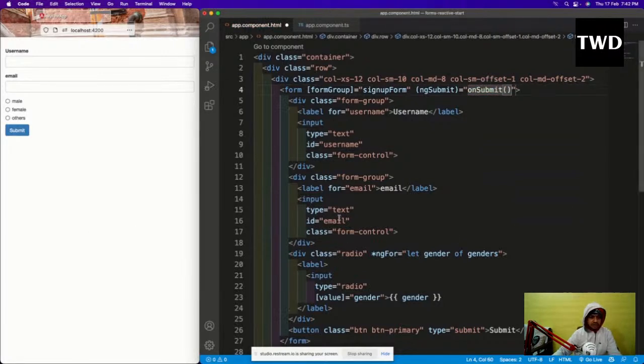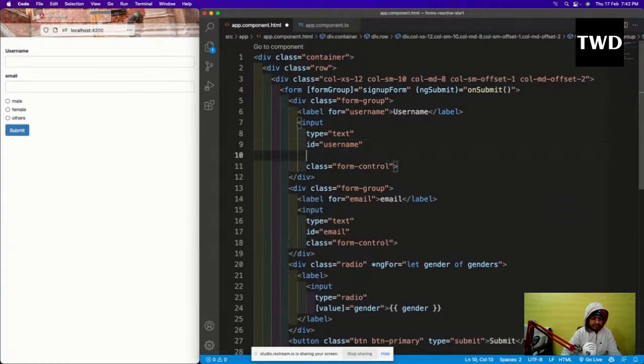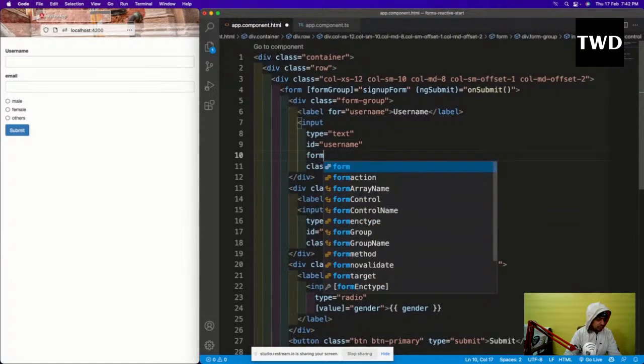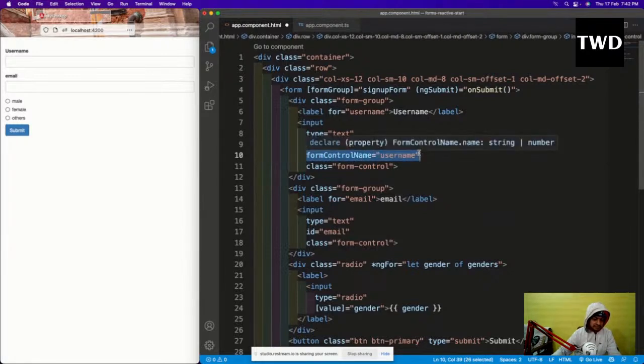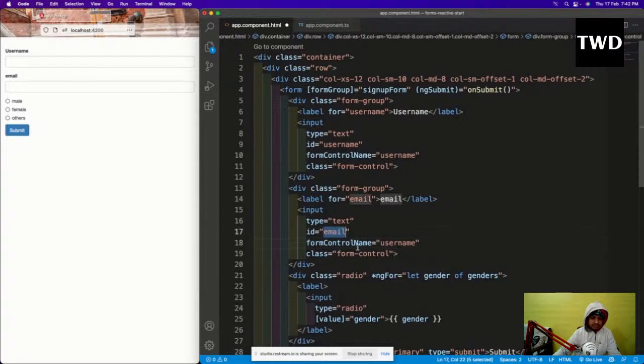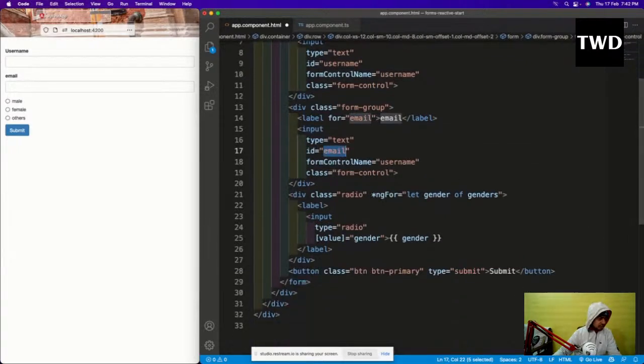Then there is one more thing here. See, this ID and all these things are there. The other thing which is important is known as formControlName, equal to username, and then check it.